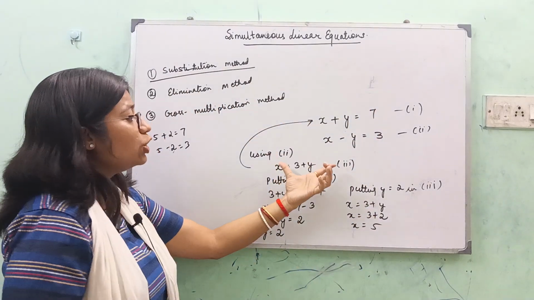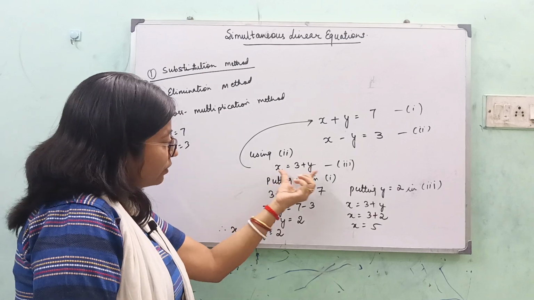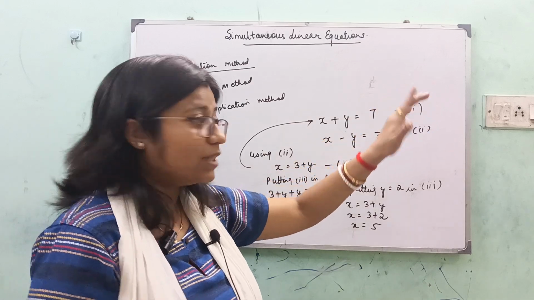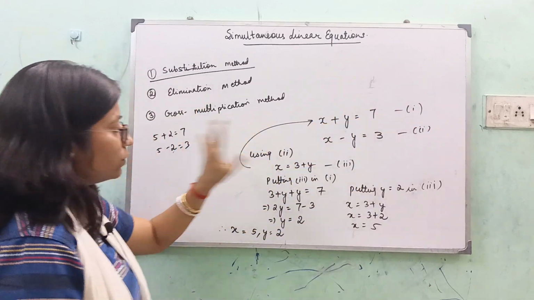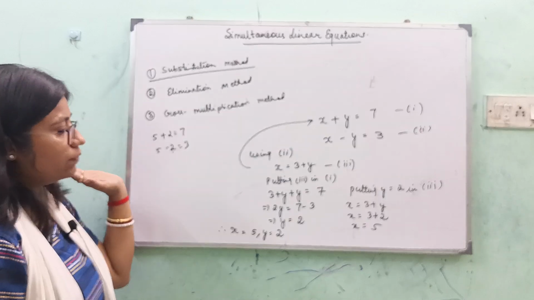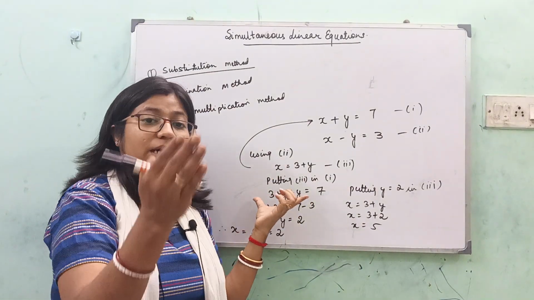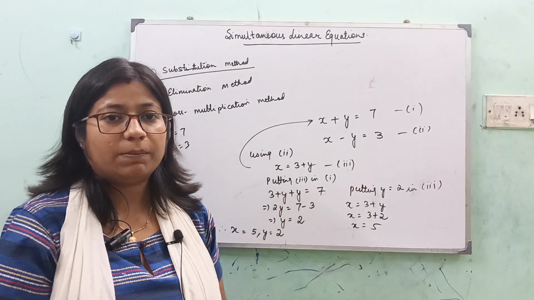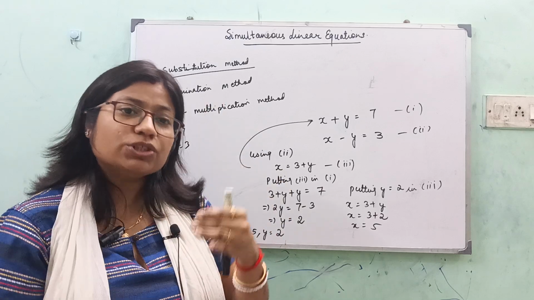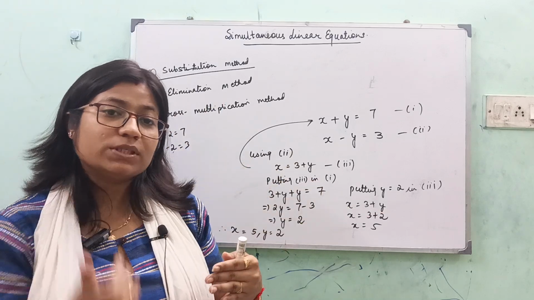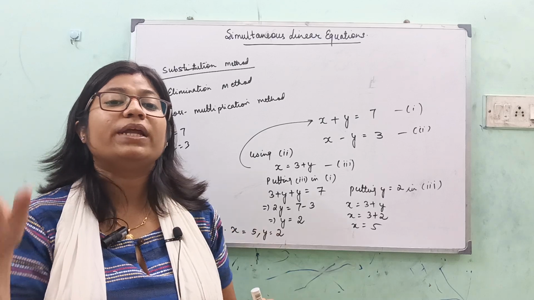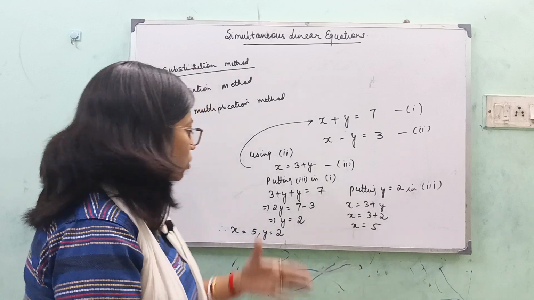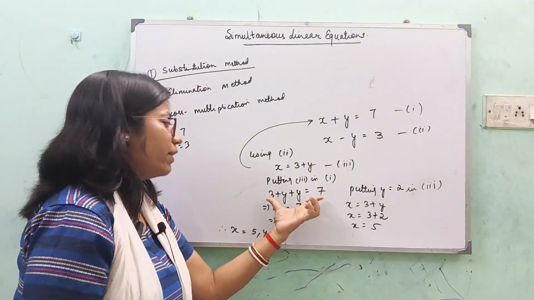Now whichever equation has been used to express this, after being expressed, this has to be placed in the other equation, the one which was not used. Once you place it there, you will see that the resulting equation has no two variables. It has only one variable. That means you have reduced your equation from two variables to a single variable. We have all become pro in linear equations of one variable. We have done many classes on that. So we have now reduced it to a linear equation in one variable